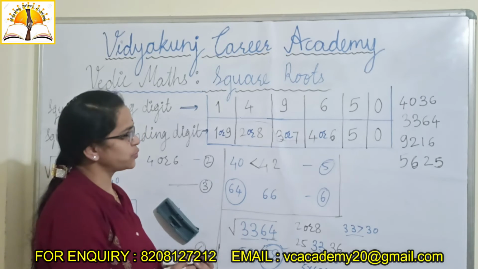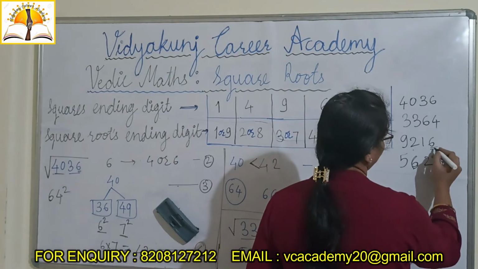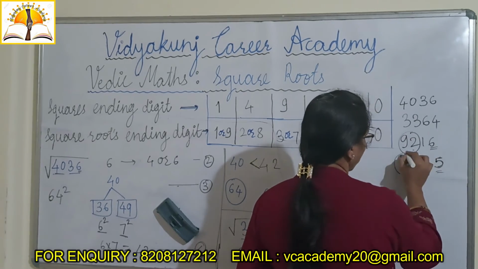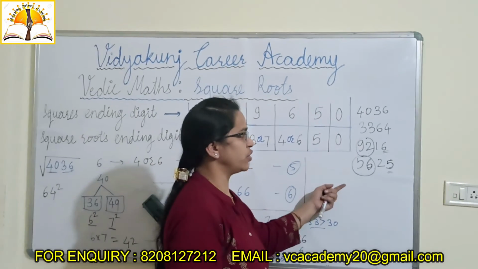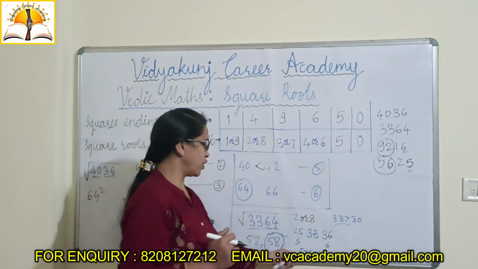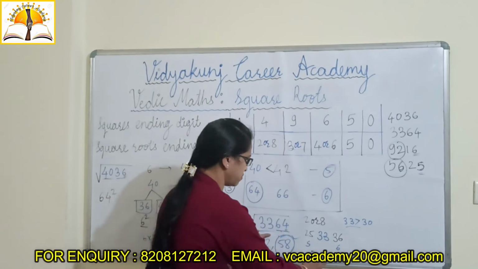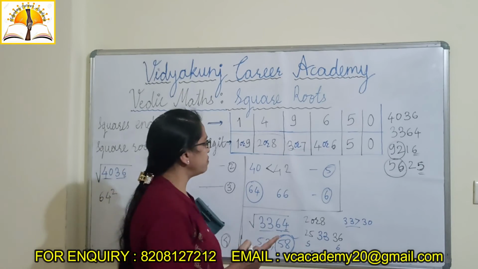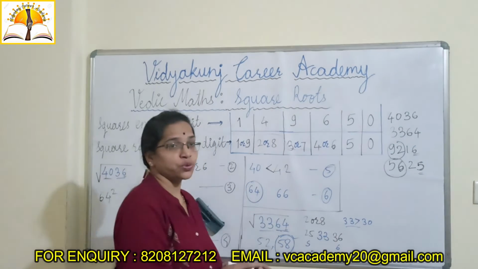In this way you have to solve the remaining square numbers, these and these. First of all you have to check this one. After that you have to take out. These are not perfect squares. In between you have to take out squares, and those square roots you have to multiply. After multiplying, that multiplication number, like this 30 and 33, which is the bigger number, as per that number we have to take. I hope you understood how to do.